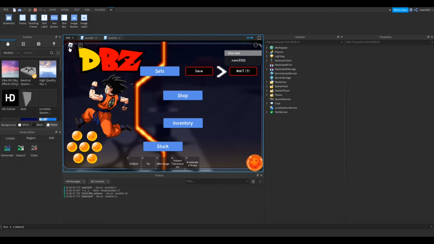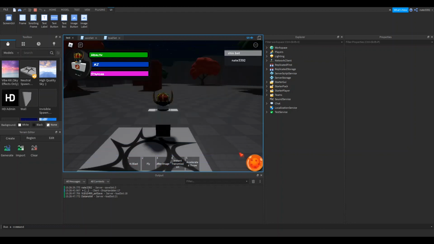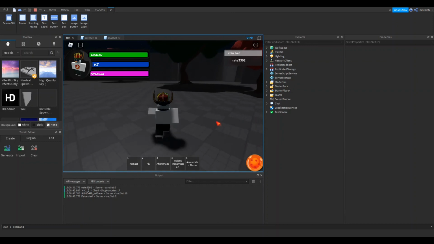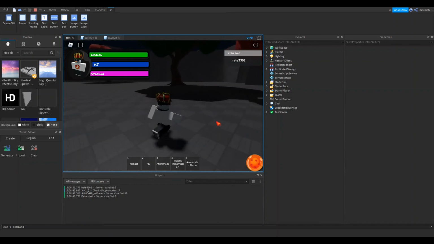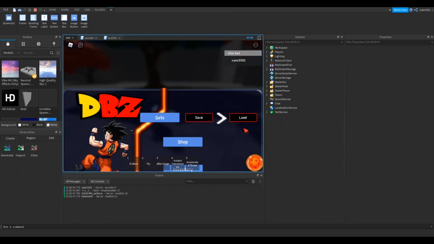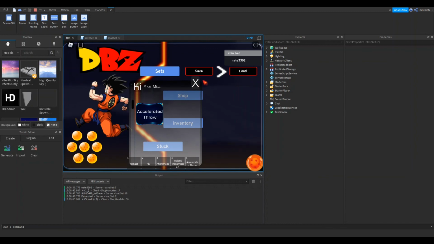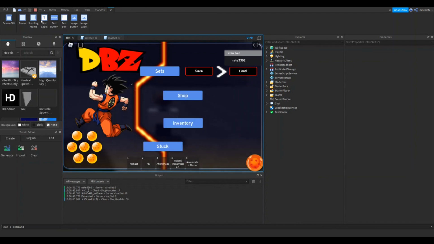So also, I edited the shop script a little bit so that before you buy something, it loops through your backpack again to see if you have that tool. So you can't load tools and then get them twice, right? See, I can't get any of the tools that I loaded, which is pretty cool. So yeah, guys,